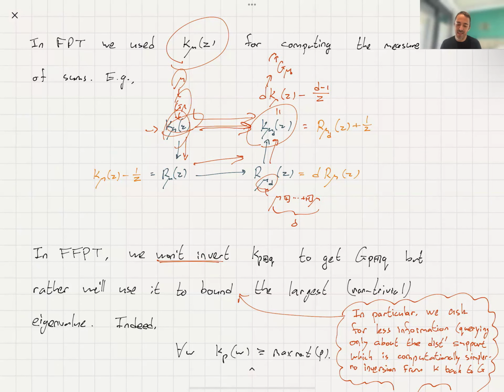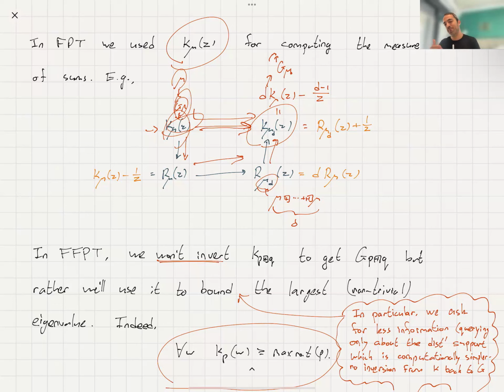And nicely enough, we won't have to invert the second time. So we do invert from the left column, from G mu, to get the Cauchy transform corresponding to mu. But once we have the Cauchy transform corresponding to mu, we can easily compute the Cauchy transform of MD. And that's all the inversion you'll do. From here, we are going to bound the support in a different way. Okay, and we're essentially going to use the fact that the Cauchy transform for every W gives you a bound on the max transform of the polynomial,